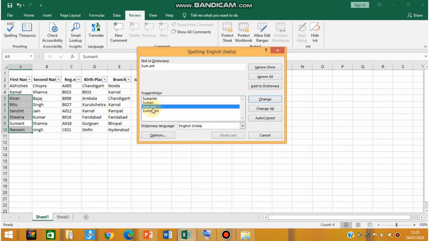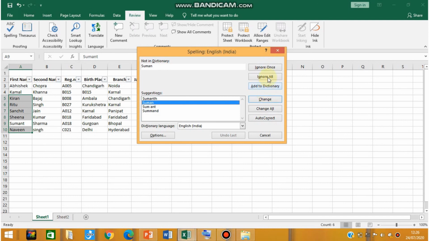click on that suggestion. Fine, click on that suggestion, and then you have to click on the change all option, and wherever that word is there, it will be replaced by the suggestion that you have selected. Okay, then autocorrect means you don't need to follow any procedure. When you click on autocorrect, it will change the spelling of that word automatically if any error is there. Okay, so you can use any of the options for the spell check, depending on your requirements.